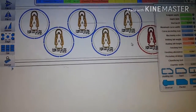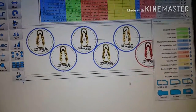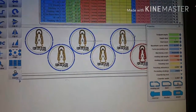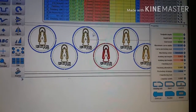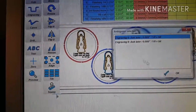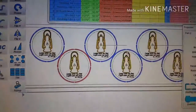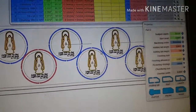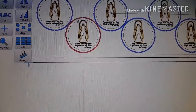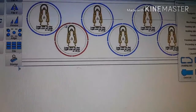see, that's what I hate about the tile feature too. This is another gripe I have with EstlCam, and I just don't understand it really. I mean, you tile it out, but it's tiled, and sometimes it doesn't seem to be consistent. But you know, over here, the original ones, like these two, everything's separate. When you tile them out, it just becomes grouped, and you can't do anything with it. So I've screwed this up, right? I've screwed up my tab length and height, and so now I've got all these tiled out,